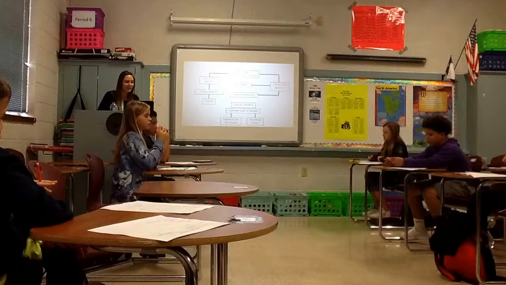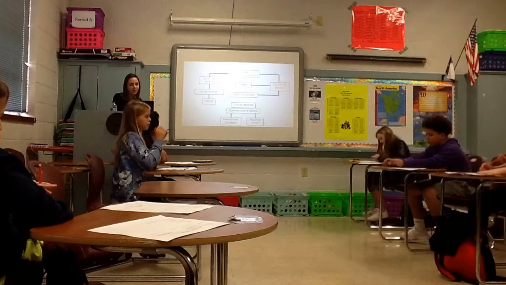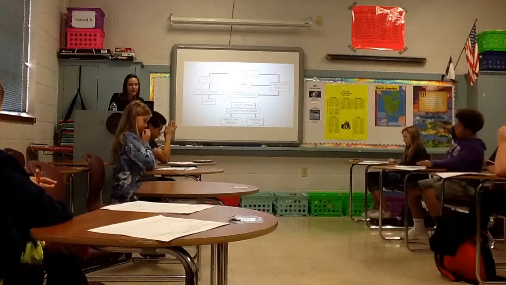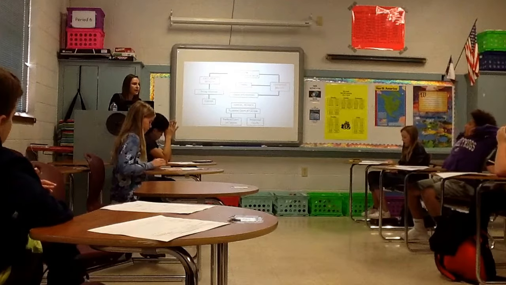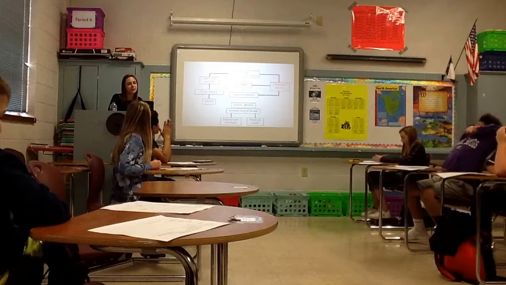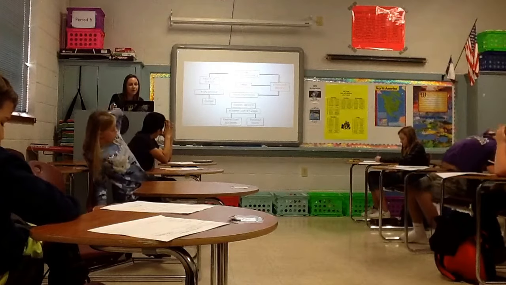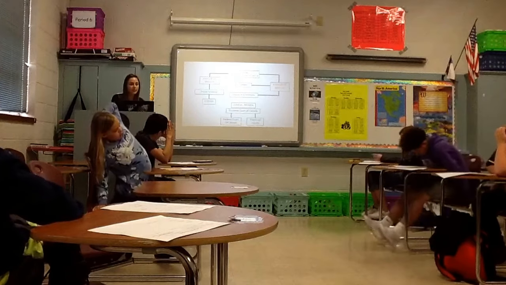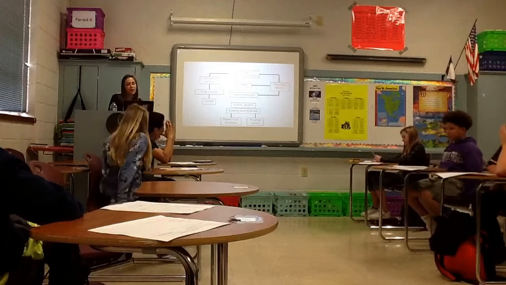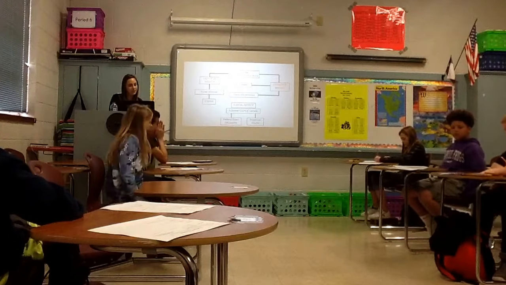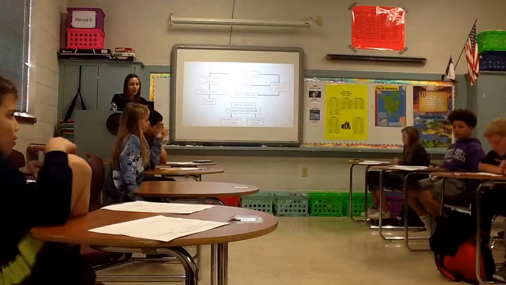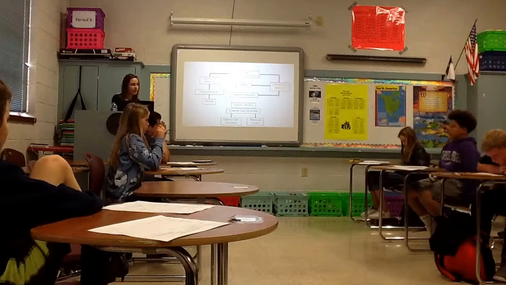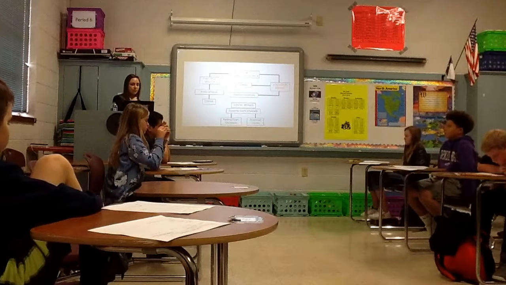Okay, so the legislative branch, where a law must be approved by both the House of Commons and Senate. And then the judicial branch, they interpret and apply the laws of Canada. Does that sound familiar with what our judicial branch does? Yeah. Okay. And then the Supreme Court of Canada is Canada's final court of appeal. The Federal Court of Canada hears and decides legal disputes that arise. This includes claims against the government of Canada and civil suits. And then the provincial courts are similar to our municipal courts in the US. Does that make sense? Okay.